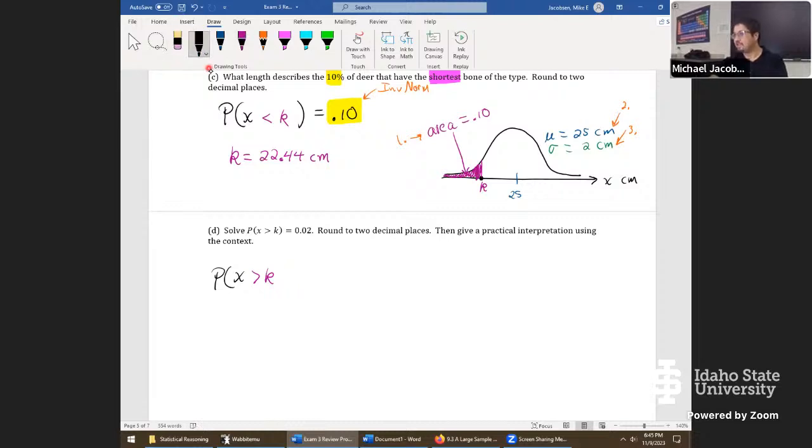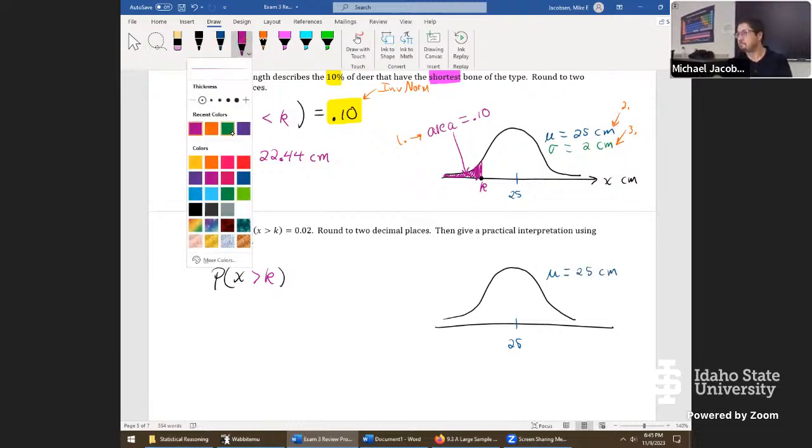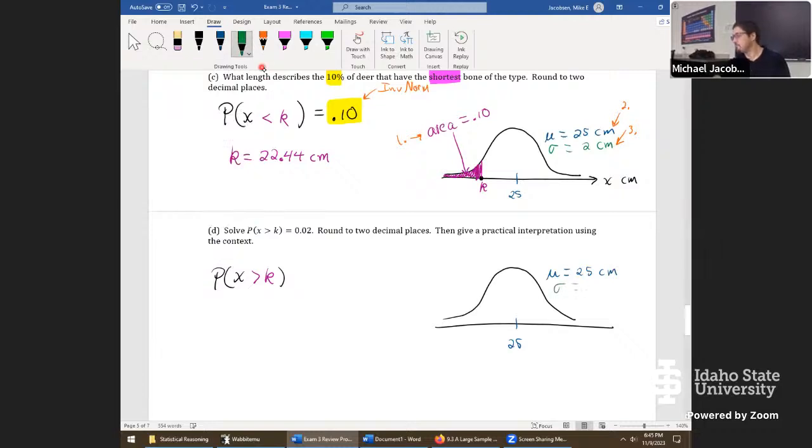Oh dear, let me fix that color. Then back to another normal curve. What's weird is these seem like they're easier to draw the bigger hurry you're in. When you're just not careful, the curve comes out a little bit better. Okay, so we've got it so far. Now where it says probability X bigger than K, oh, forgot the probability, let's throw that in, is 0.02.